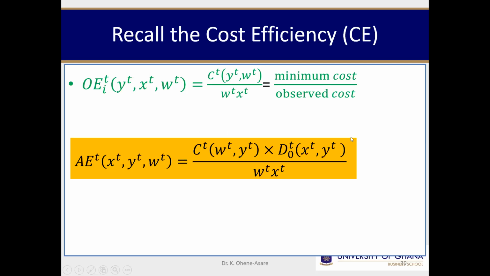Now look at this part here. That is a distance function. That is more or less like the technical efficiency if you were to take the reciprocal. So if I want CT to stand alone, I will multiply this denominator by the AET and then divide all by the D. And that will give me this cost. Now multiplying the denominator, which is observed cost, times the AET, multiplying the two of them, that will give you